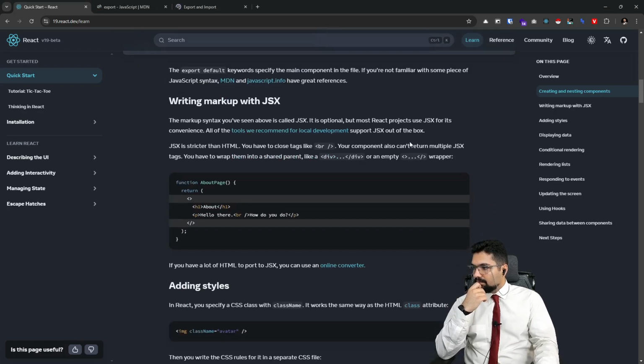Writing markup with JSX. The markup syntax you've seen above is called JSX. It's optional, but most React projects use JSX for its